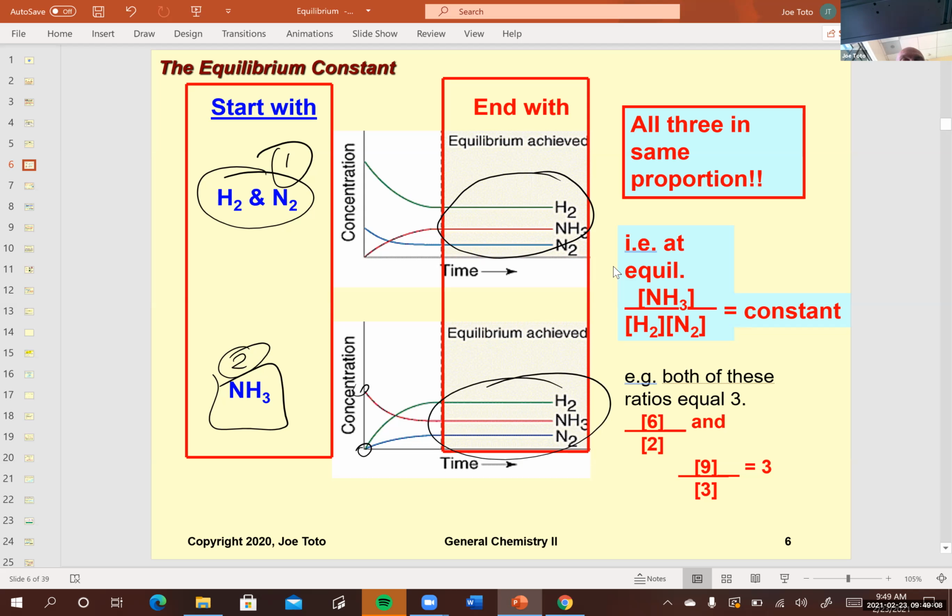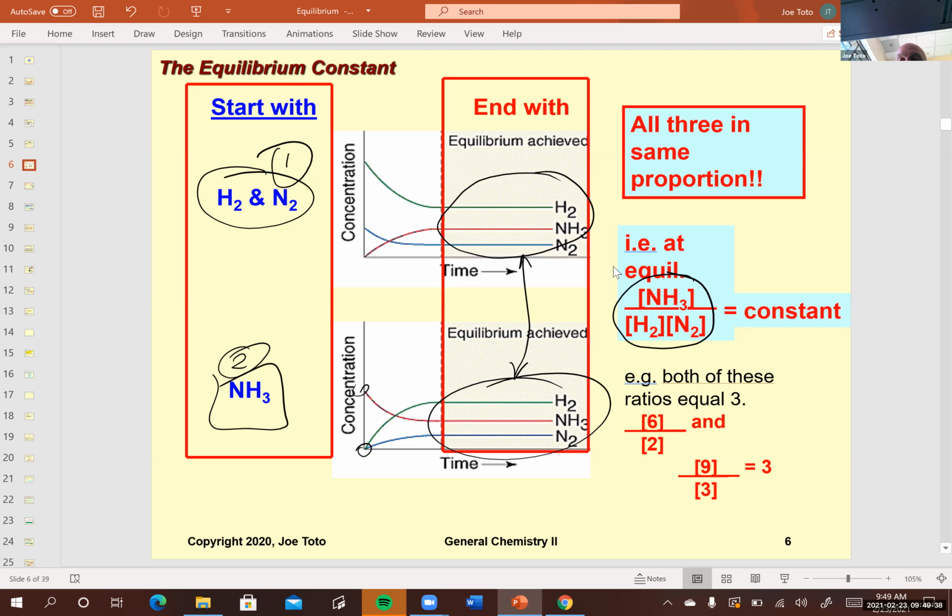We mentioned that these concentrations may not be the same in each of those cases, and what the math is showing is that the concentrations might not be the same at equilibrium from one case to the other,